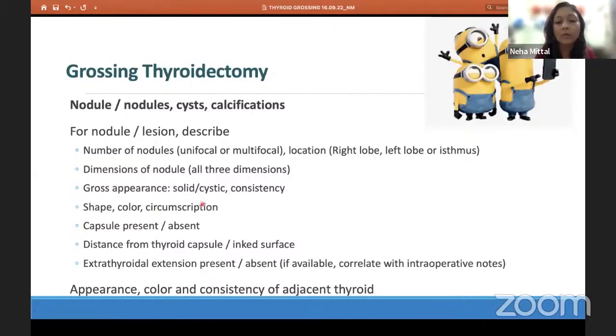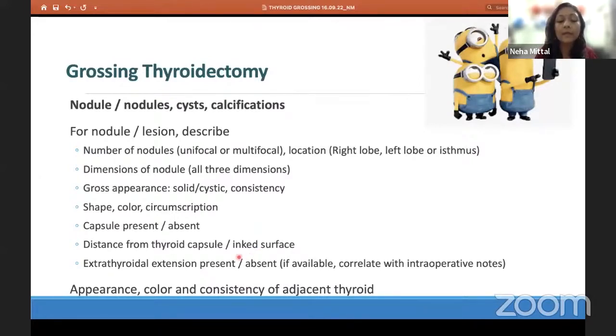So a small amount of strap muscle may not be very discernible in a gross specimen, and please do correlate with intraoperative findings. And if the intraoperative findings mention gross extrathyroidal extension, which is a very clinically significant parameter, then please go ahead and sample more of the external surface of the thyroid with the surrounding attached tissue, wherever is